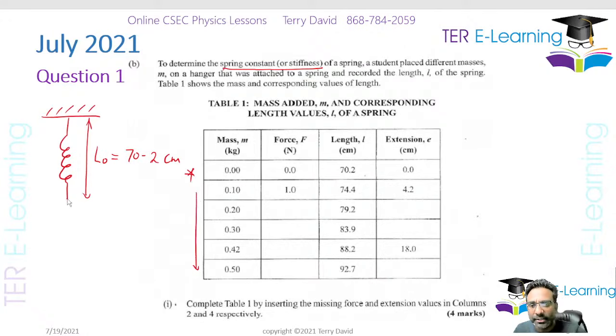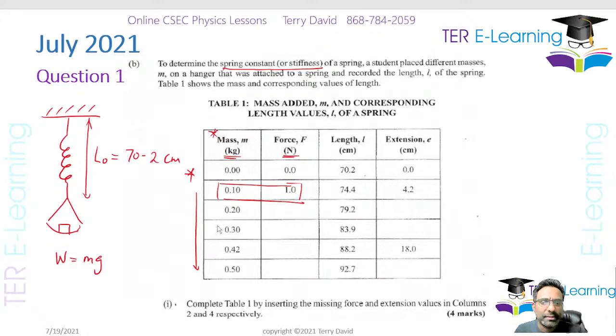And then they start increasing masses. So then they're going to say here what? We're going to put some masses onto the spring and we're going to measure the extension. That's essentially what they're doing here, right? So let's see what's happening here. The first part here, they gave us mass in kilograms, and they wanted us to write this as force in newtons. So you all need to know that if you want to convert mass into weight, or force, we use this formula: W is equal to m by g. Now they haven't given us what g is,